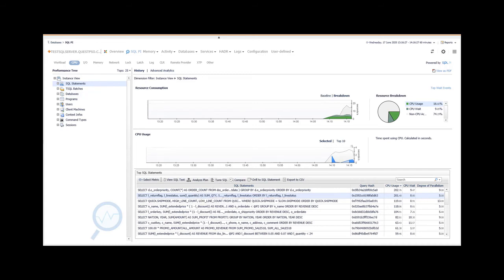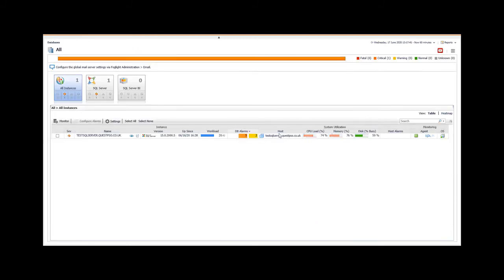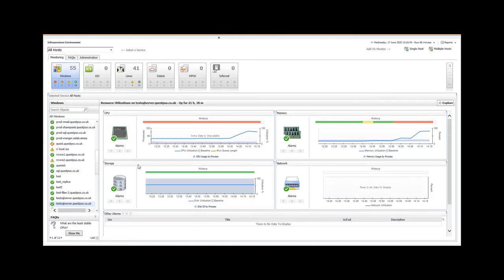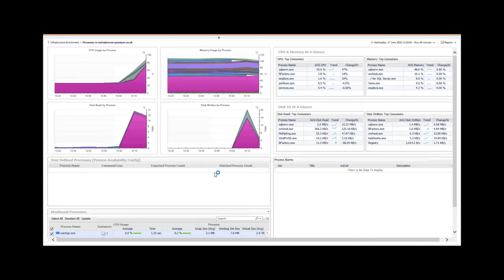So the other step we could take, if we went back to the databases dashboard, is we could drill into the actual host itself. I've just got the view here where we can see that over the last few minutes the CPU has started to spike. We've got a health history issue with high CPU, and indeed we could then drill into the CPU processes at the guest level just to see how long this problem has been taking place and which particular processes are taking up all the CPU.